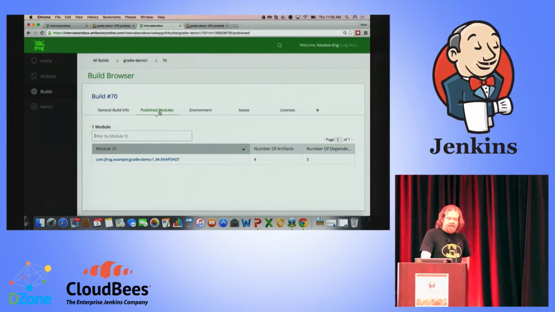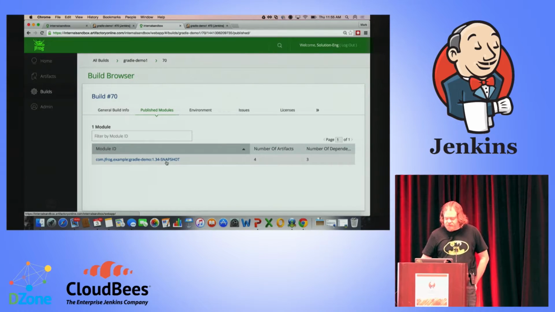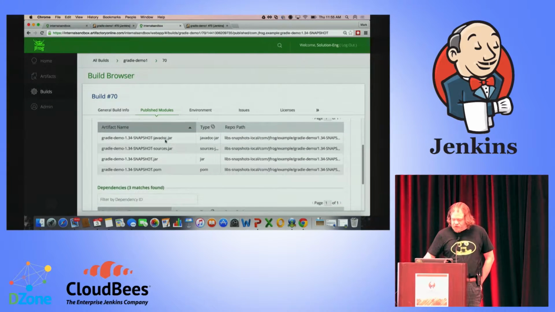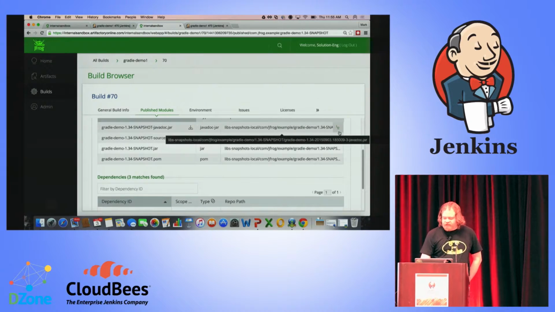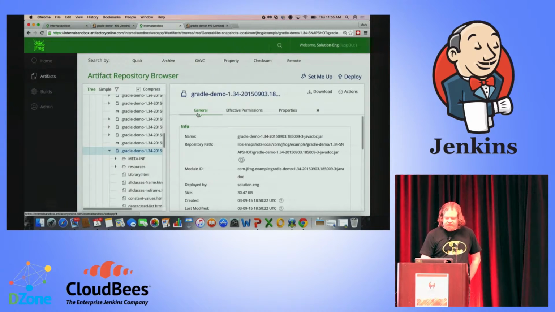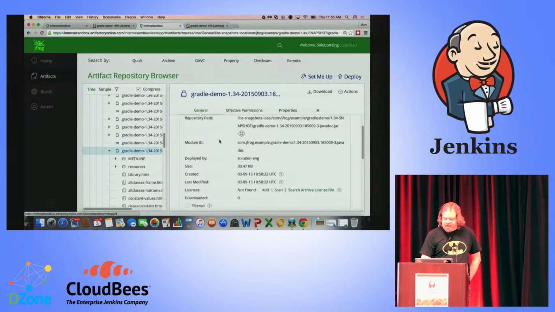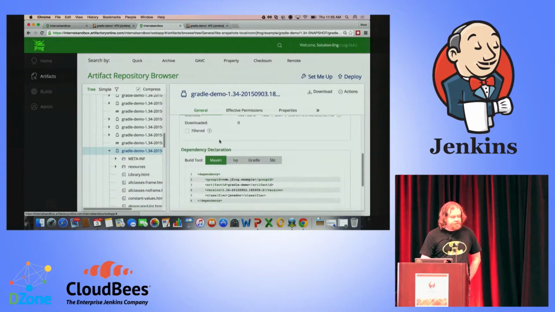And then I can go out and look at my published modules. This is a pretty simple thing since it's just a demo, so all it really has is the one module that's associated with the demo. I can look and see what it published. I can jump straight to the artifact inside Artifactory in my tree and take a look at its in-depth metadata